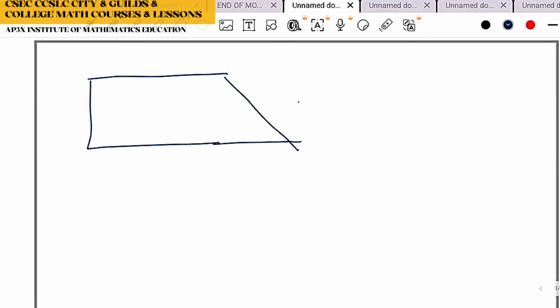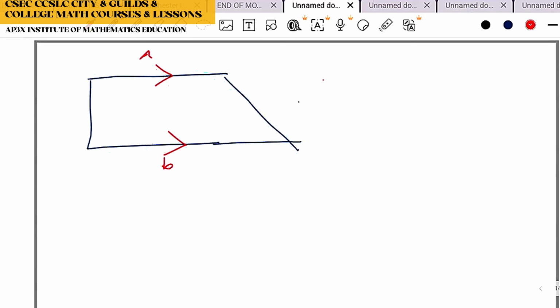Okay. So pretty much we're saying that this side is parallel. Careful now, guys. Parallel does not mean equal. I have students that think they are the same. When something is equal, they have the same measurement. When something is parallel, they're traveling in the same direction, or we could say they're traveling in opposite directions as well. So a trapezium has what is called a pair of parallel sides, which we as mathematicians label one of the parallel sides A and the other one B.